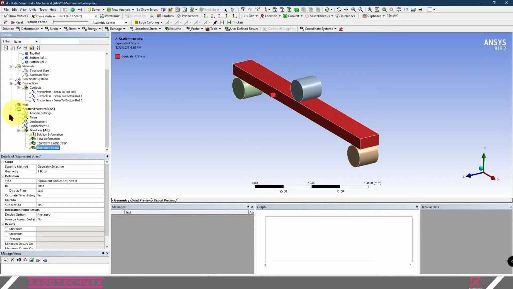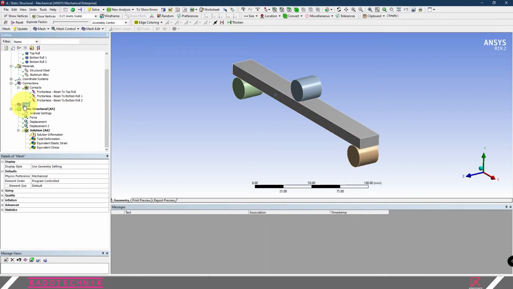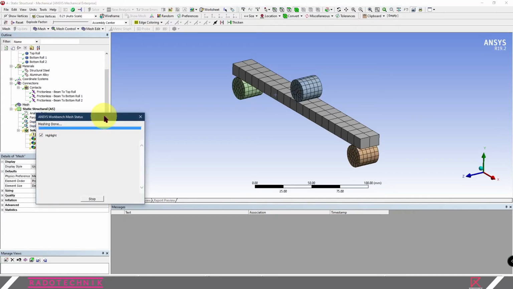After you have created all the necessary parameters, the last thing you want to do is go to the mesh and generate mesh. It will create an automatic mesh setting. For this course, just use the automatic adjusted setting like this.